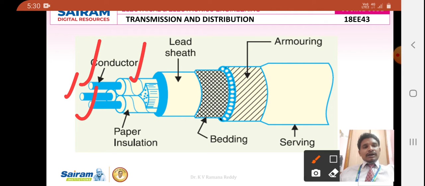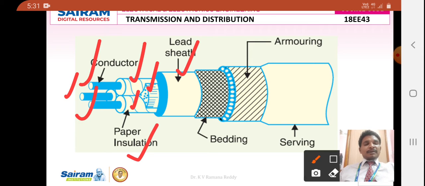Each and every conductor is initially covered by an insulating material called paper insulation, simply called an impregnated paper, and the space between the three conductors is filled with a fibrous material called jute, to make the cable spherical-like in structure. Then this paper insulation is covered by a lead sheath. The purpose of the paper insulation and lead sheath is to protect from moisture, gas and some alkalis from the atmosphere.